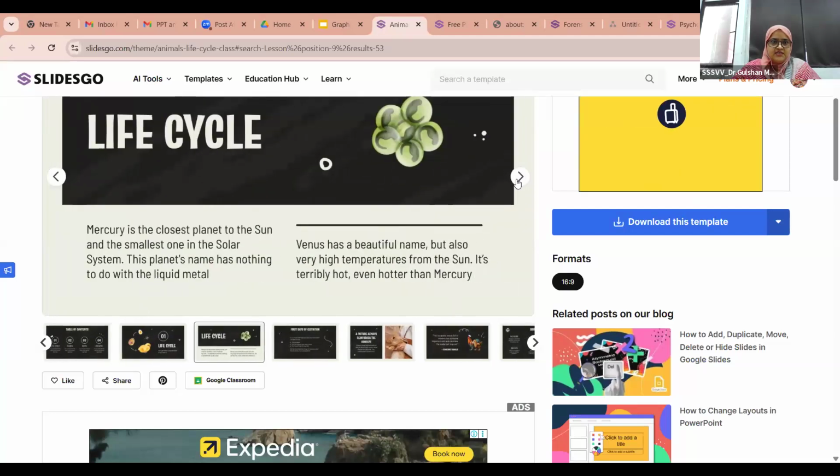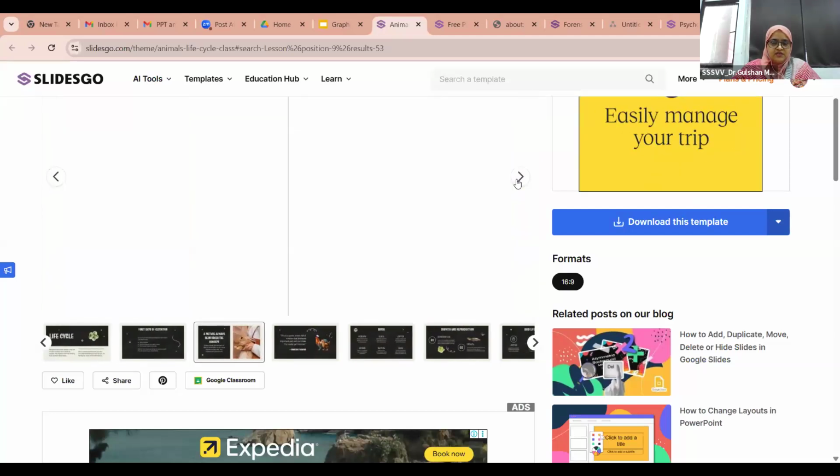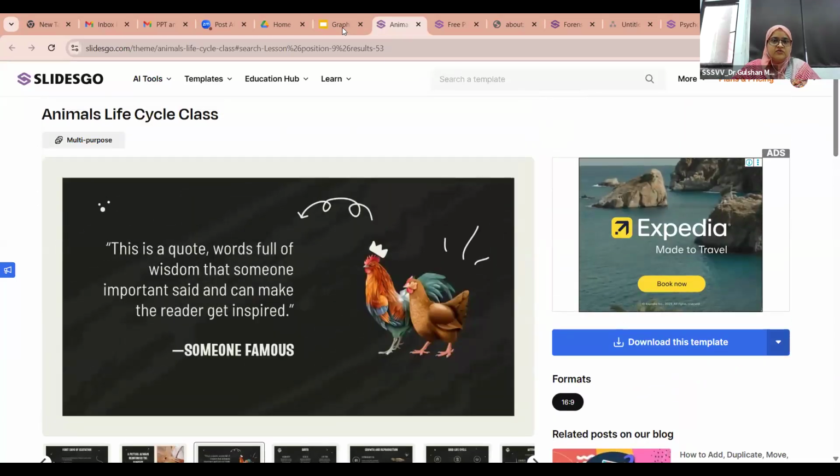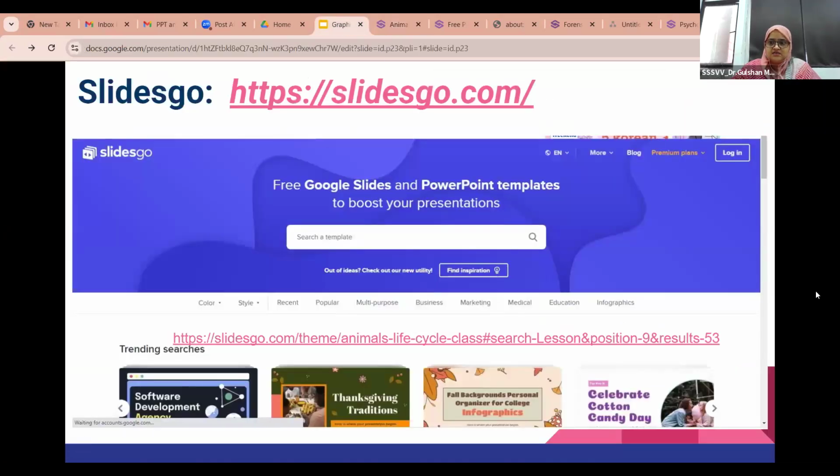So I hope you can see the slides moving. Okay, so this is a very interesting example I found on SlidesGo, and there are some more examples.